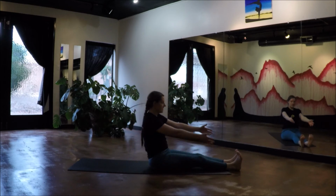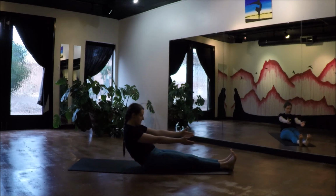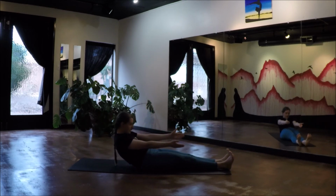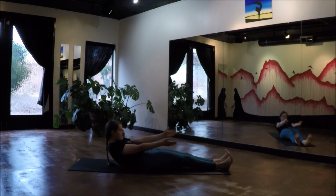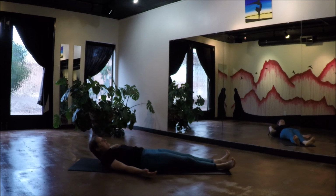From here, engaging the core, see how slowly you can set the vertebrae down to the earth. Perhaps setting one, and then the next, and then the next. And as you feel yourself release,